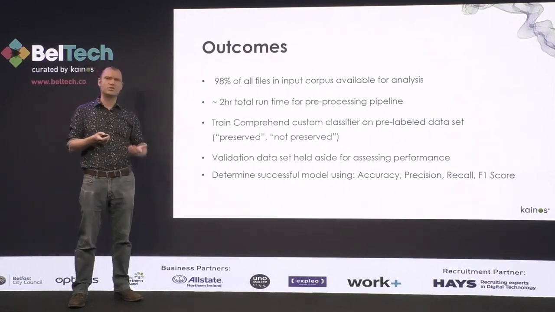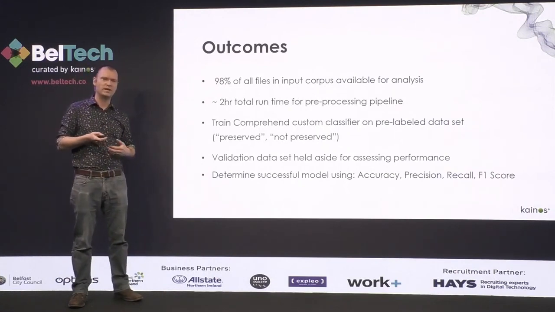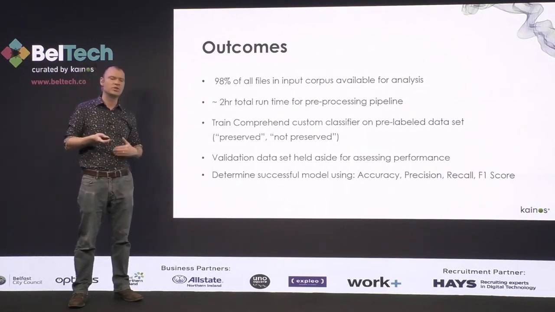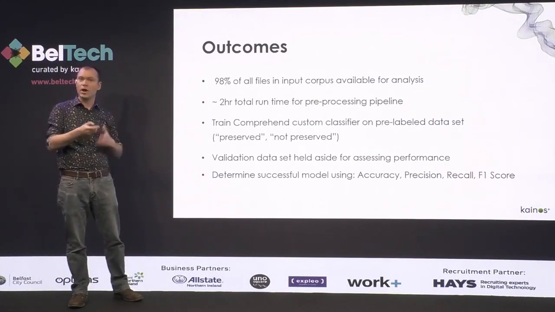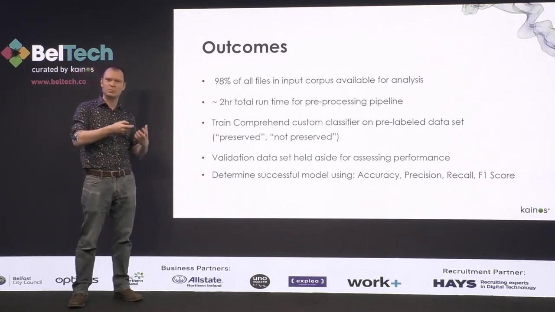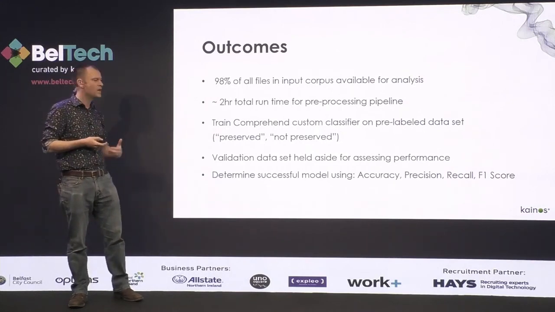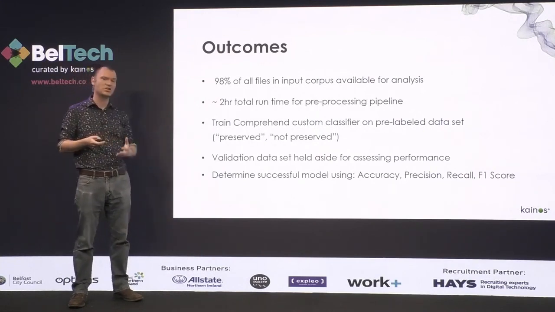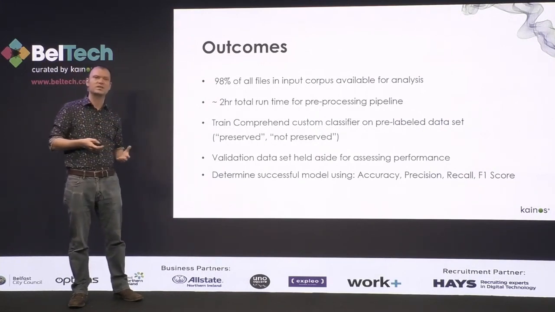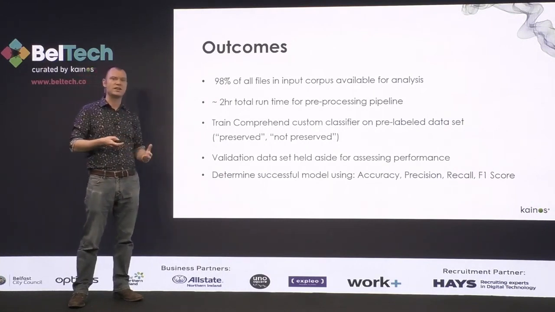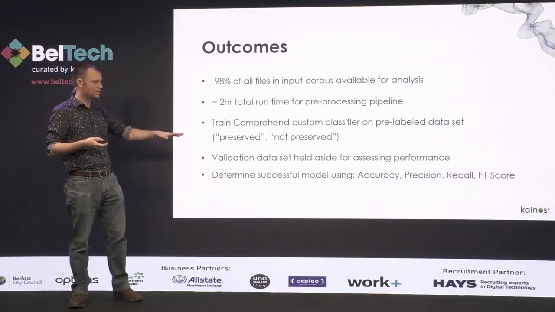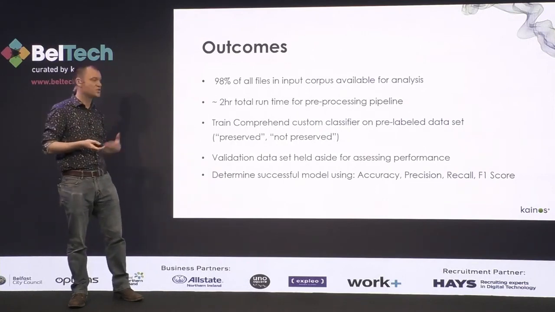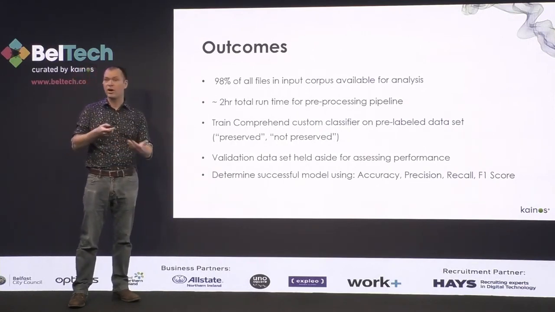And then we made use of lots of the facilities that Comprehend gives you to train your model in the first place. We talked at the start about the out-of-the-box models that it gives you, but in this case, we're training our own classifier. Comprehend gives us the functionality to specify a training data set, to specify a validation set, and then to use the different metrics that we care about to measure whether the model is actually performing well. And so we can detect things like where we are overfitting.